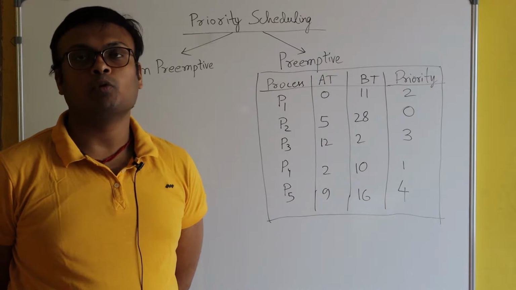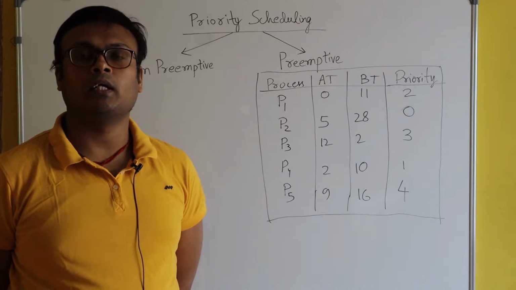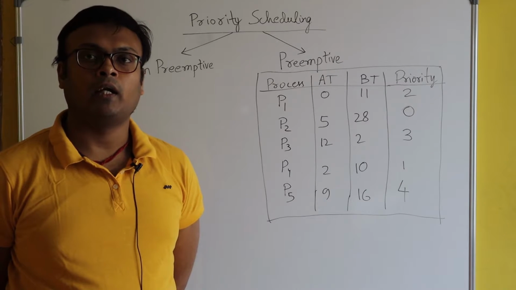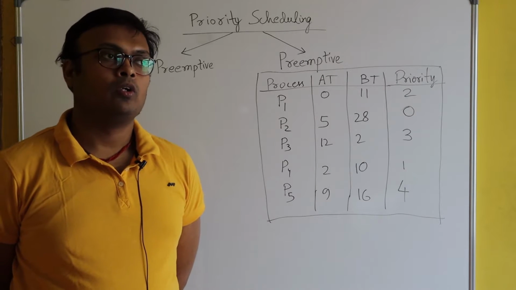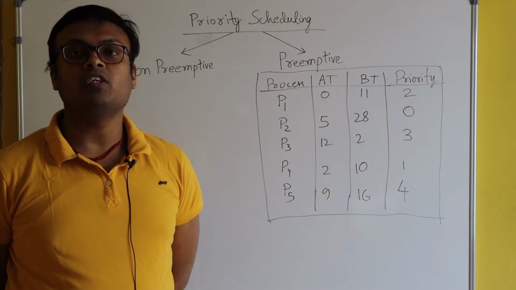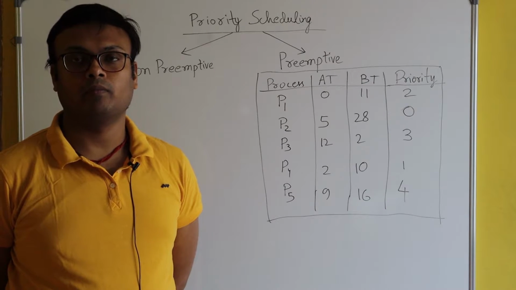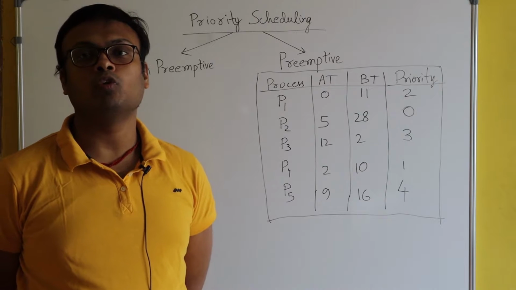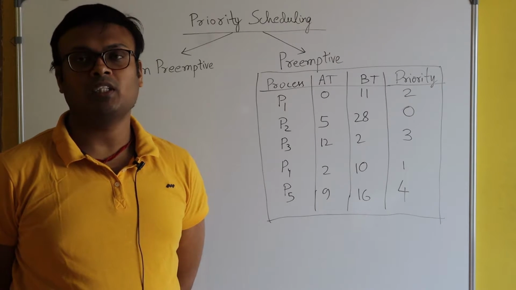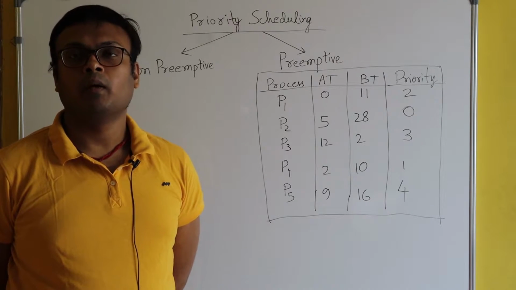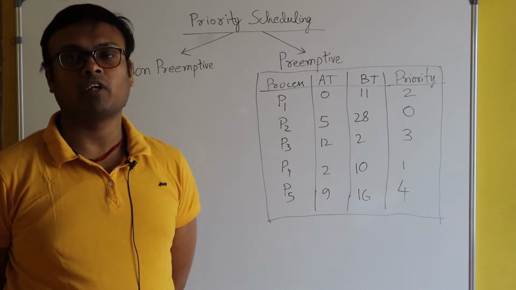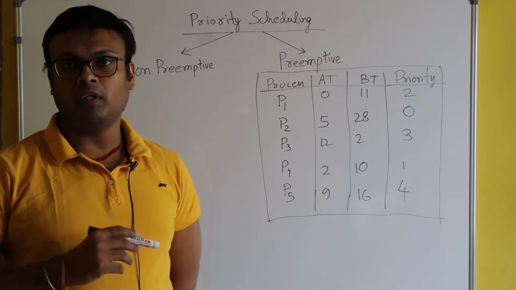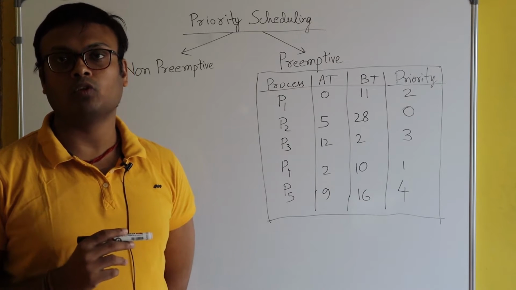Suppose there are 4 processes in the ready queue. All the processes have arrived and they are in the ready queue. So here we will see which process has the highest priority, and on the basis of that the CPU will be given to that process. So it's simple, but there are some chances of calculation mistakes in these questions, so be very careful while solving them.